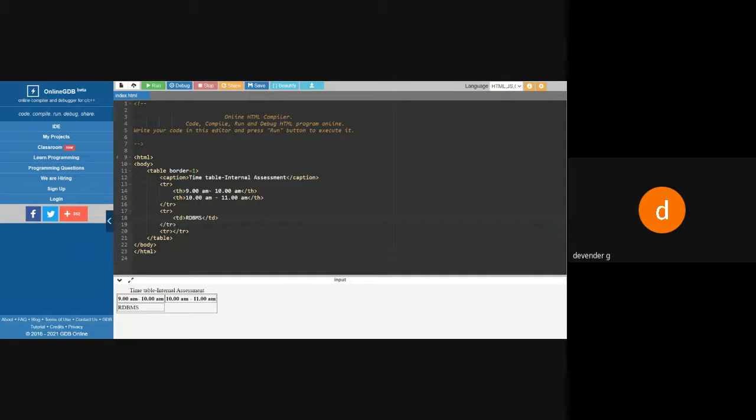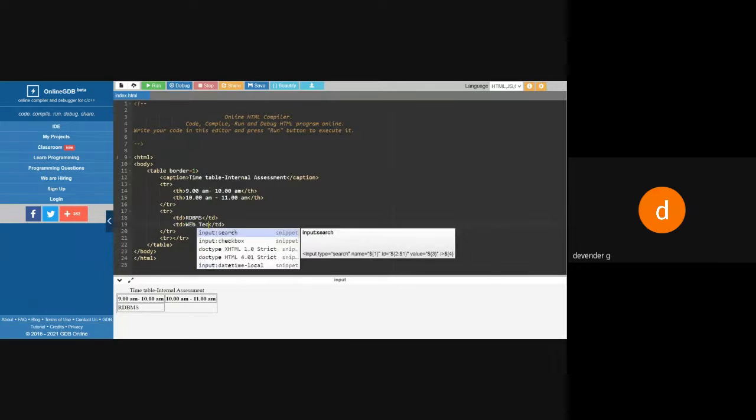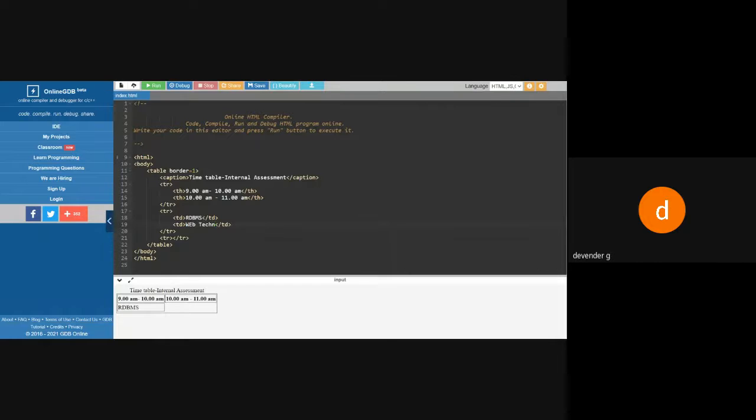Now I need another subject to be placed from 10 to 11. I'll say it's web technology. Then run and check it. Every time you check it, you can understand how the program is going to work.